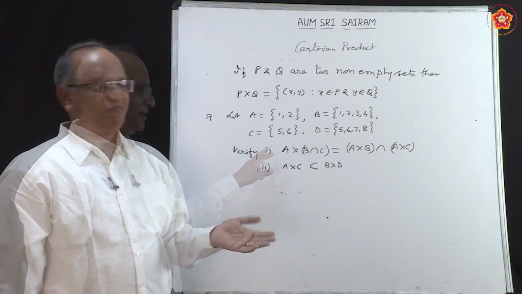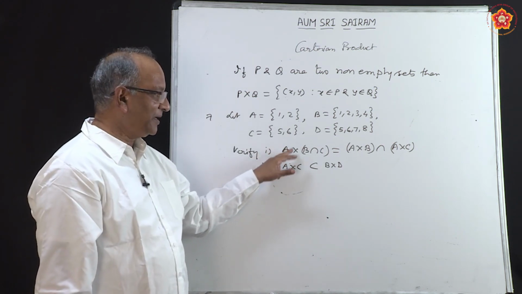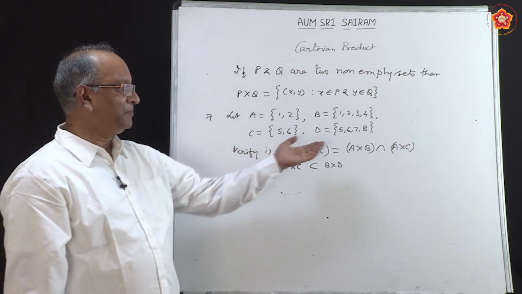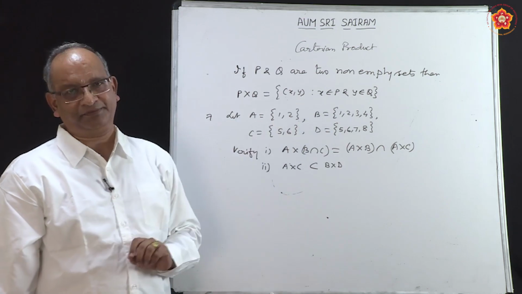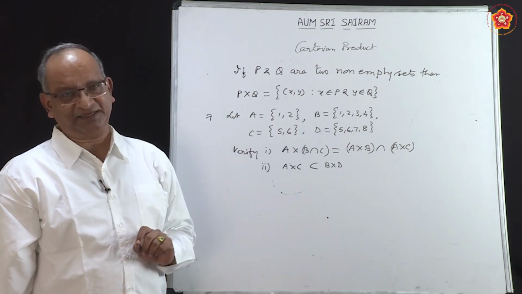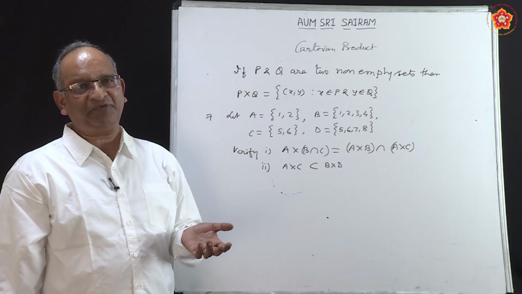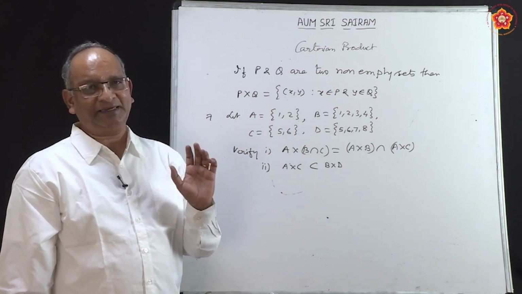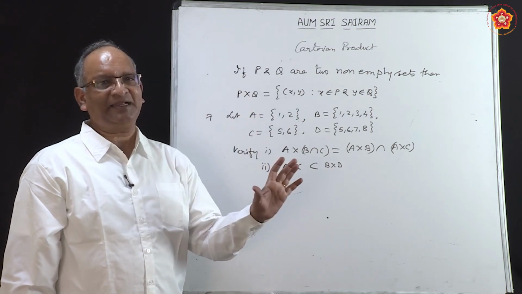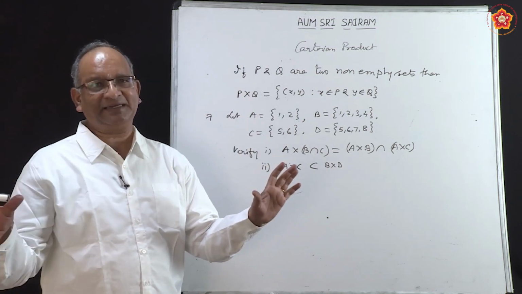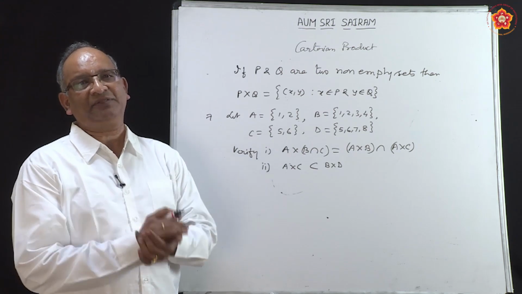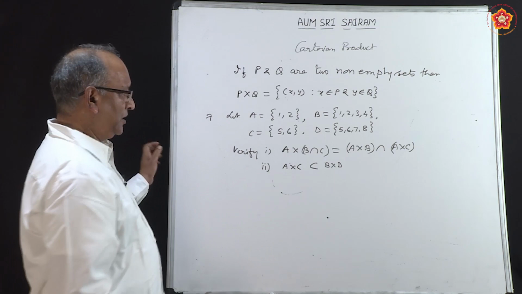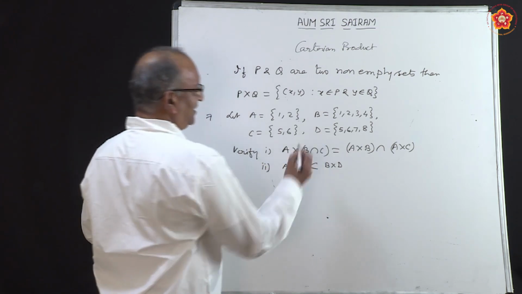Similarly, you can also verify the distributive law of multiplication over union. The only thing is, in place of intersection it will be union. So how do you verify this? Whenever we want to verify something, we simplify the left hand side and get the right hand side, or else simplify the left hand side and leave it, then simplify the right hand side. If both give the same answer, we say it is verified. So let us begin. He says A cross (B intersection C).